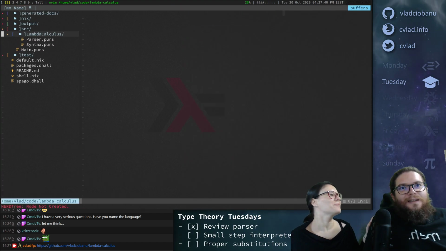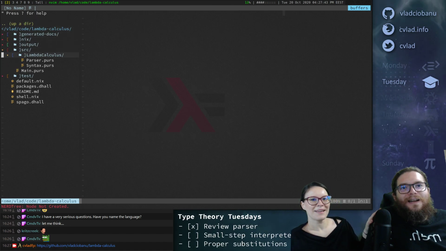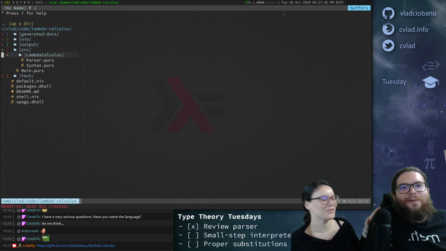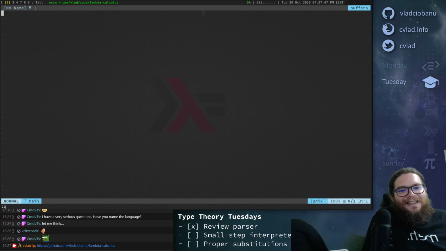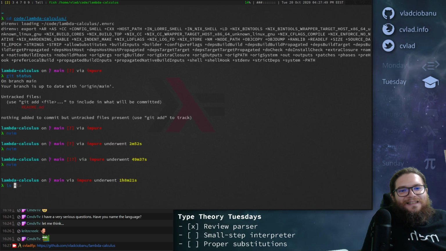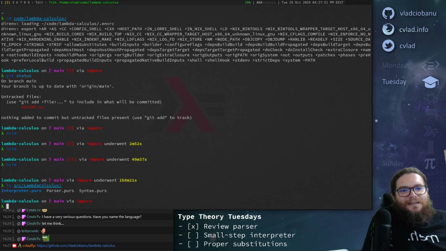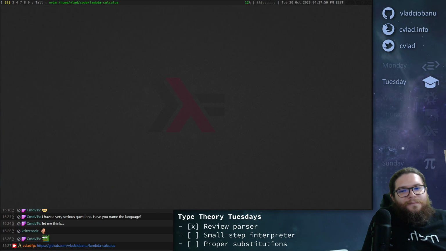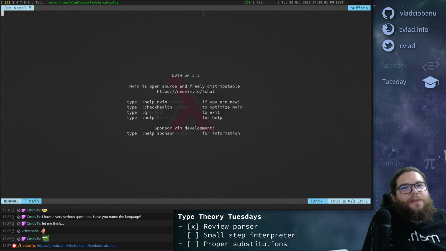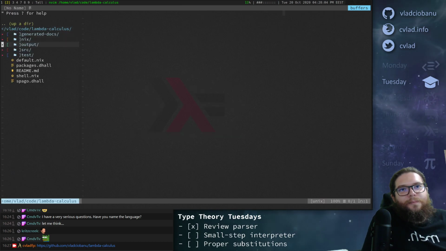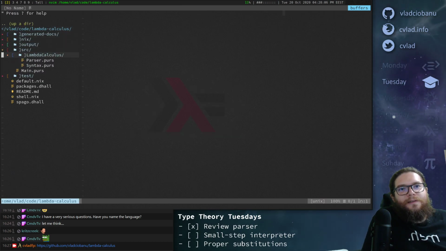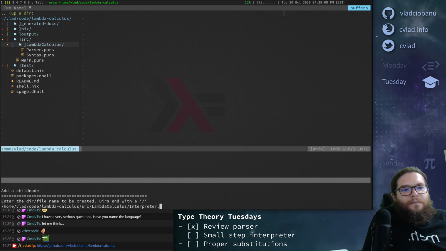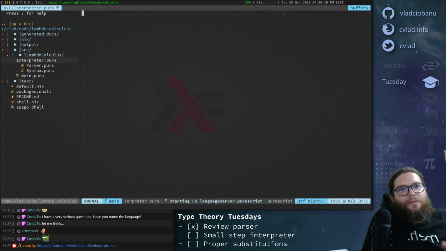Why doesn't it add the file? Oh, it created a folder with that name. Okay. Wonder why. Oh, I think I know. I think I accidentally pressed backspace the first time. Okay, so now it worked.